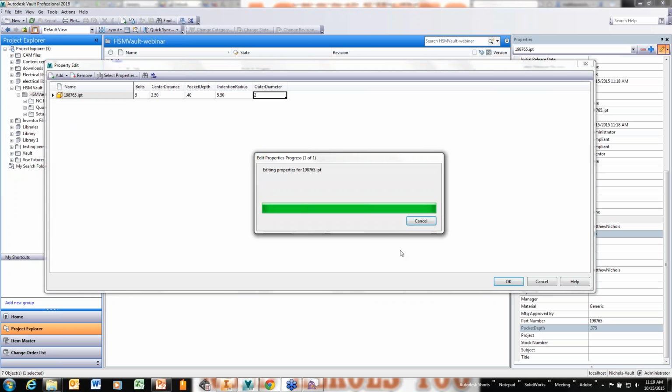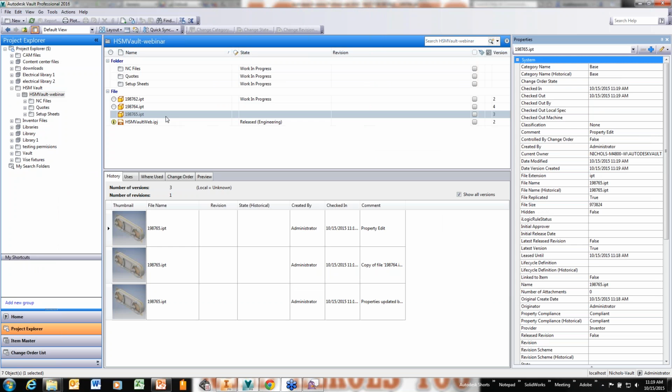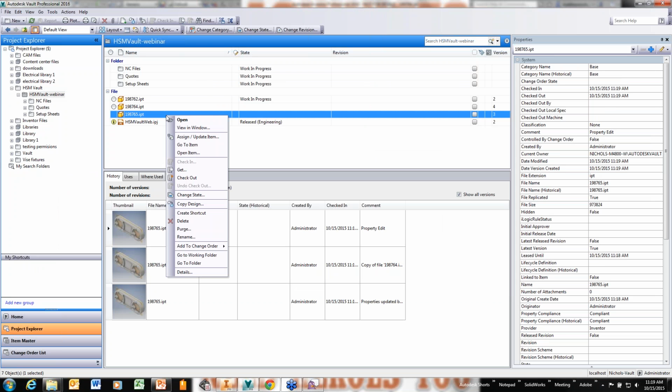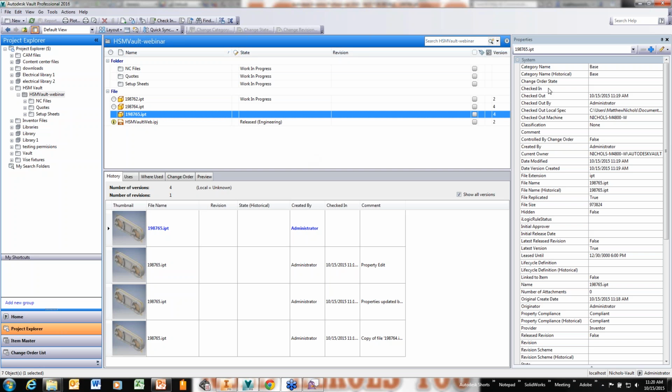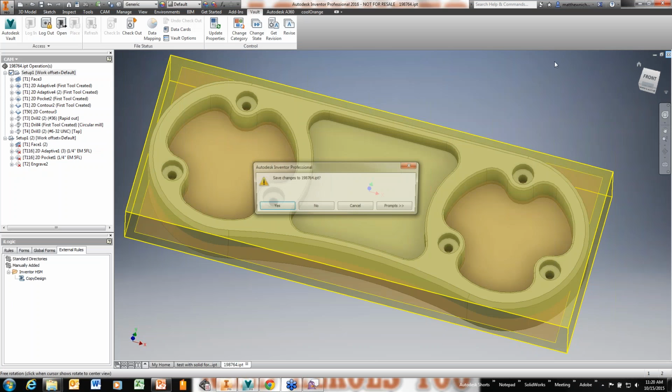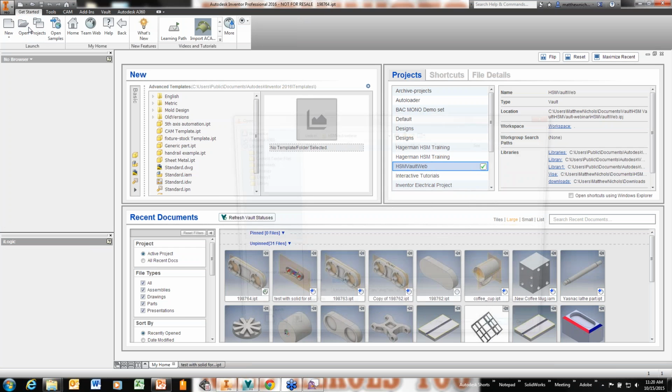Hit OK. All good to go. It's all updated. All right. So now I've made a copy design. I'm going to go ahead and say check out. I'm going to go out here. I'm going to close this part down. I'm going to open up this